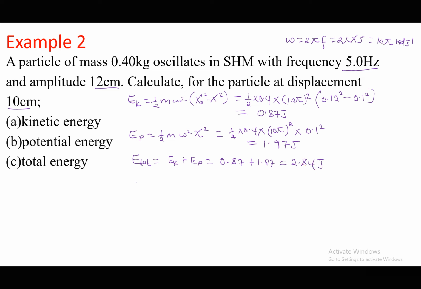Alternatively, I could use total energy as being equal to a half m omega squared times x naught squared, and I substitute, this will be a half times 0.4 times 10 pi squared times x naught squared, which is 0.12 squared. And I guess the answer is the same,